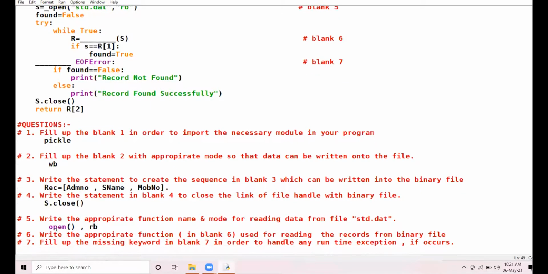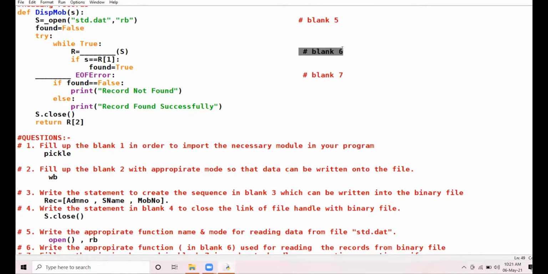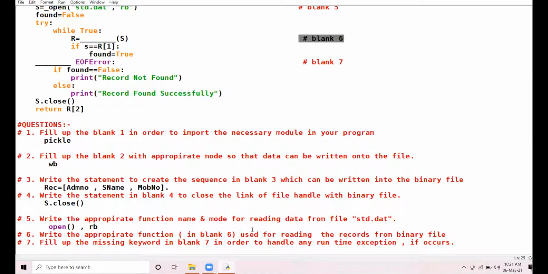All right. Write the appropriate function in blank number 6 used for reading the records from the binary file. Which function of the pickle module is used to read the records?